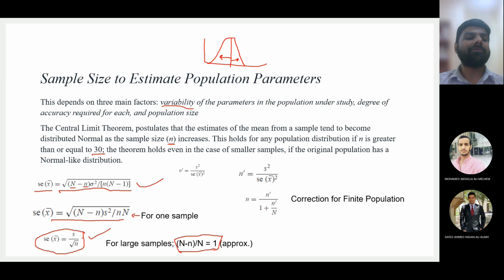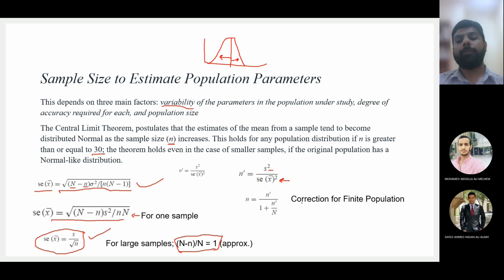Now in this equation obviously I'm not trying to find the standard error, I'm trying to find n. So you modify the equation and rearrange the values, with n on this side and the other parameters on the other side. We have s square here, which is the variance in the sample, and we have the standard error of the mean on this side. So this is the way you can calculate the number of samples required.